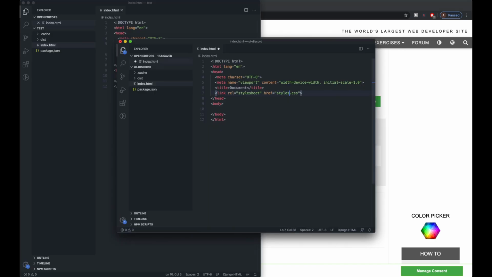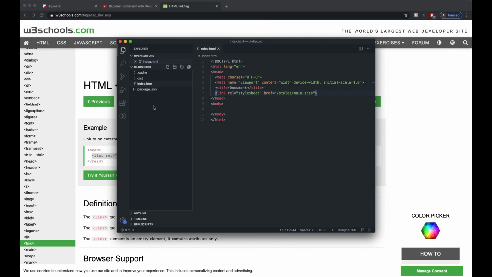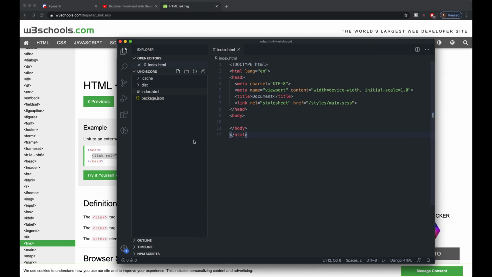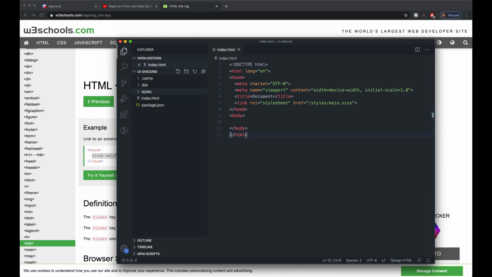And I just want to do styles, hyphen, main.scss, and I now need to make that directory. Let me just close this folder. And I just want to make the directory styles, and then within there,